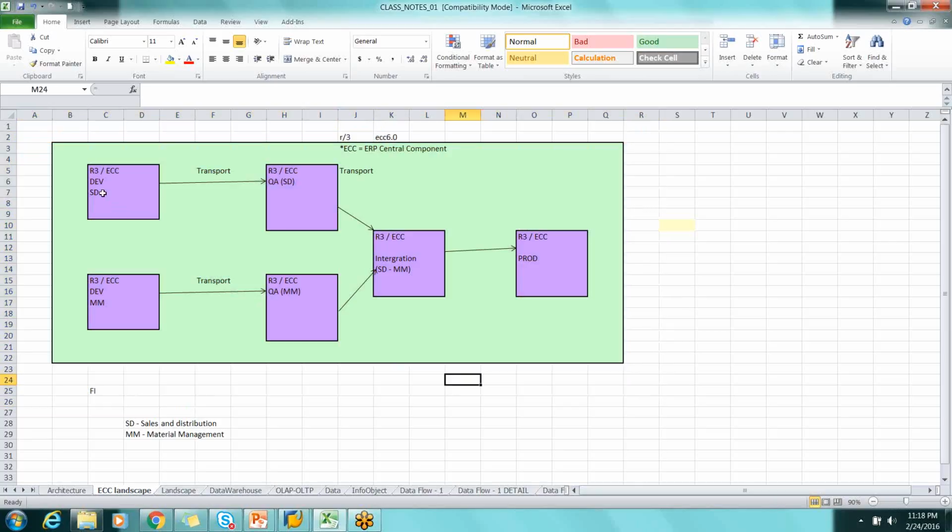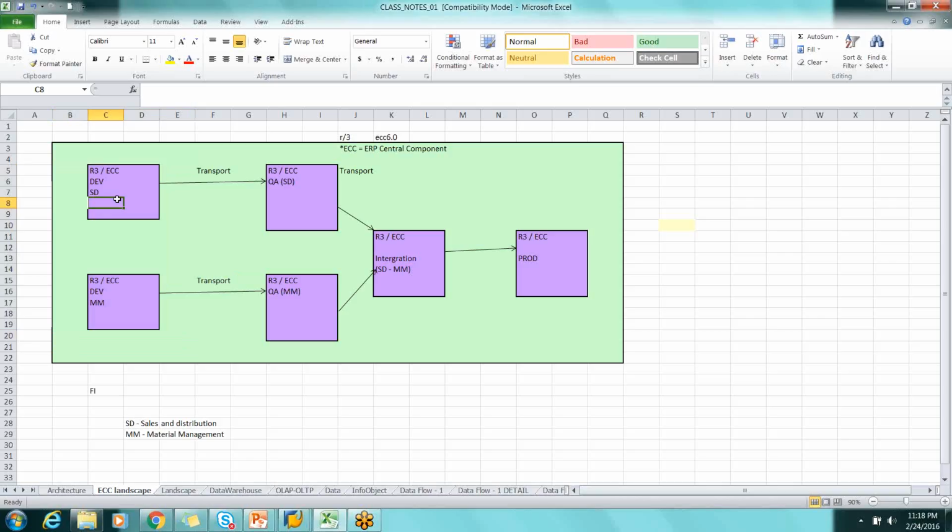In that one, you will have multiple modules, sales and distribution will be there. But even though it says development, do not assume that there are two different boxes there, right? So sales and distribution and the other modules are available in the same ECC. The data is fed into